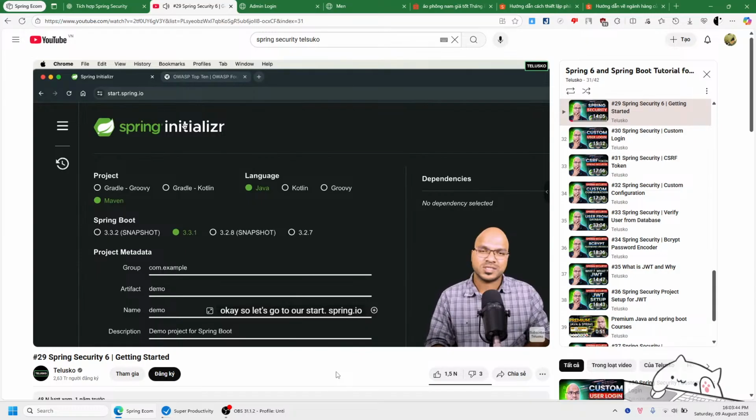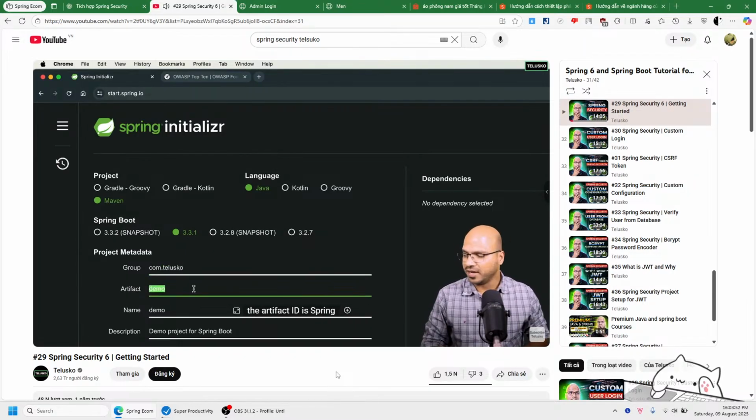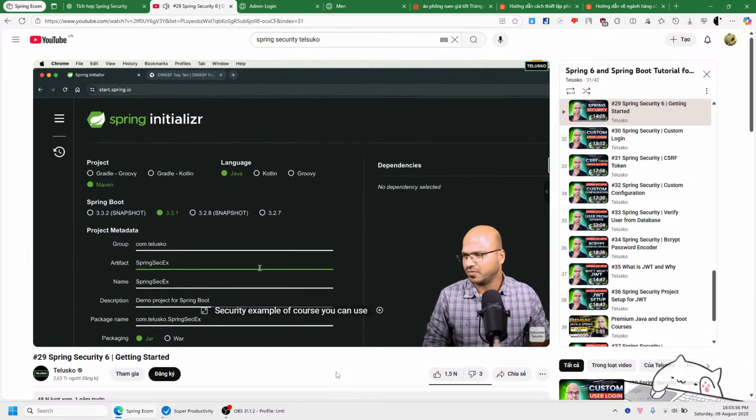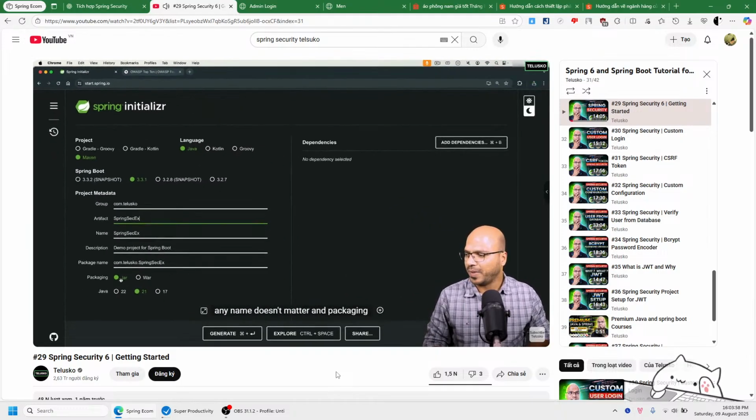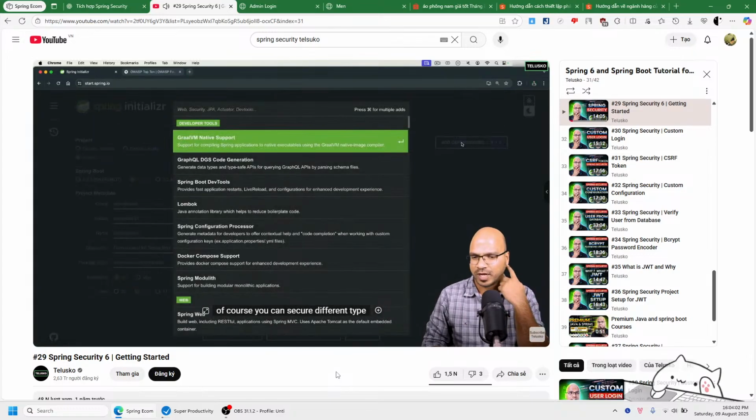Okay, so let's go to start.spring.io and here we'll create a Maven project with Java language. This is 3.3.1. The group ID is com.telescope. The artifact ID is Spring Security example. Of course, you can use any name, doesn't matter. And the packaging will be Jar, the Java version is 21. Now, dependencies. Of course, you can secure different types of